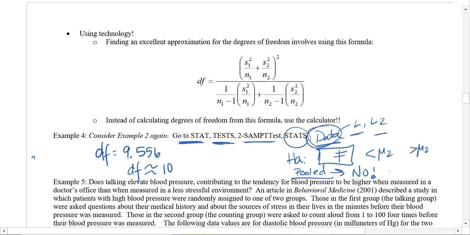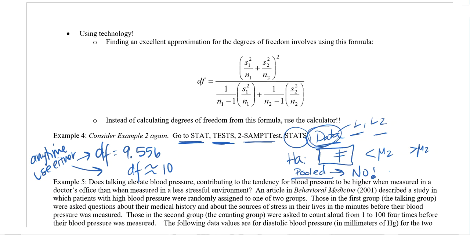You can anytime use either one. You can use our approximation or the value that you get from the calculator. So even if you're showing all your work by hand, but you've used the calculator, you can always use either one. Okay. When the sample sizes are the same, these values are going to be pretty similar. When we have two samples that do not have the same size, we use the estimate of the smaller one minus one. This calculation will most likely be quite different than the value that we get using the smallest one minus one, and that's okay.